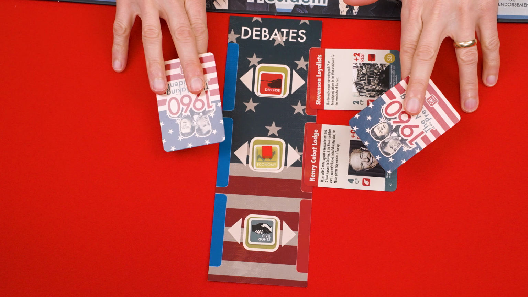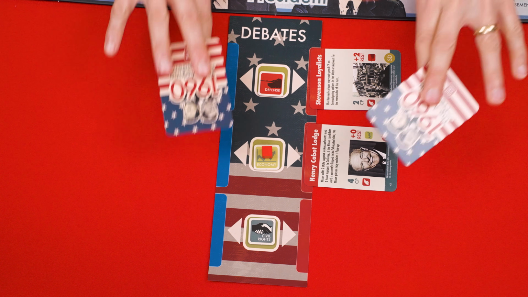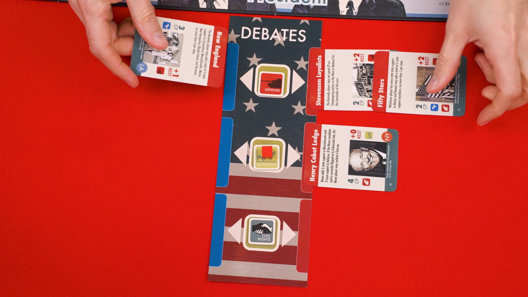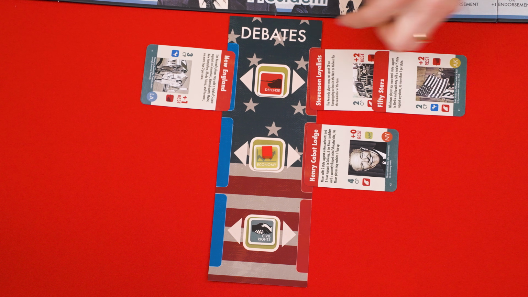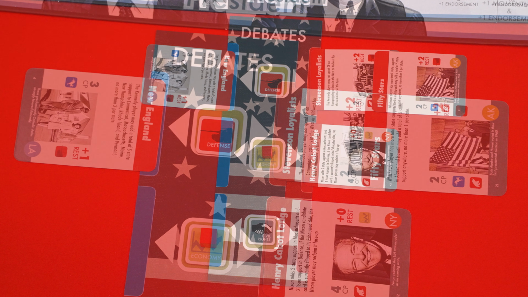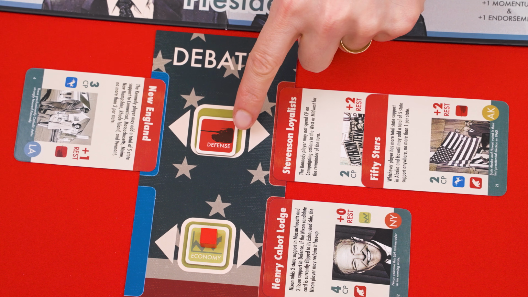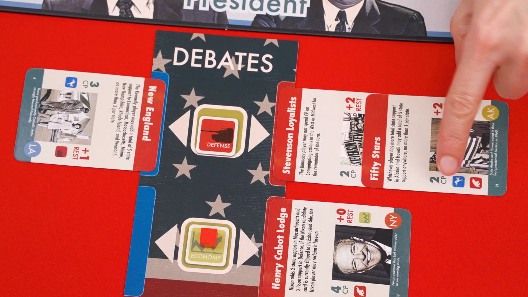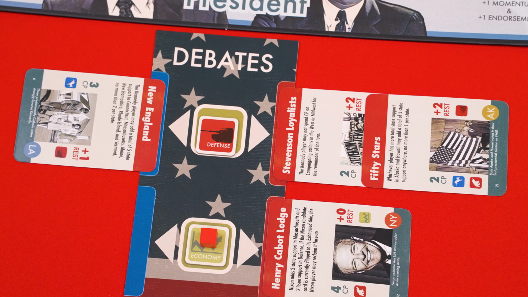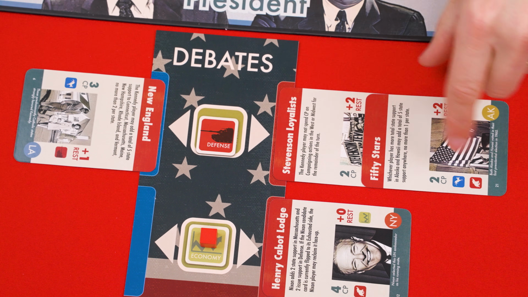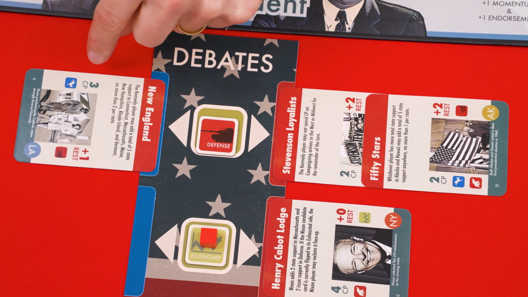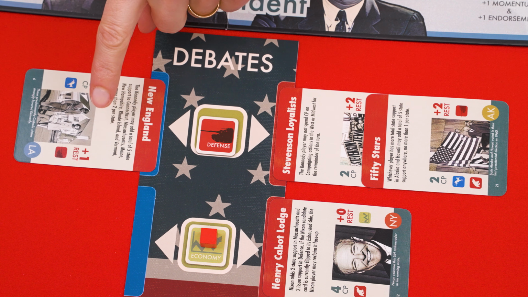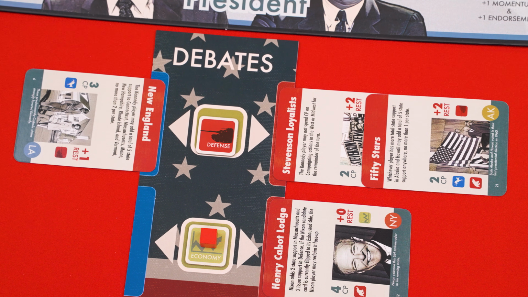This process is repeated with players secretly picking a card from their hand, both revealing them and placing them on the debate board, until 2 cards have been played to the same side of a particular issue. At that point in the debate, the related issue is considered won by the player who has the highest total campaign points on their side of the debate. In this case, we have a total of 4 here for Nixon and 3 for Kennedy, so Nixon wins. If there's a tie, or if neither player assigned any points to the issue, then the person with initiative wins